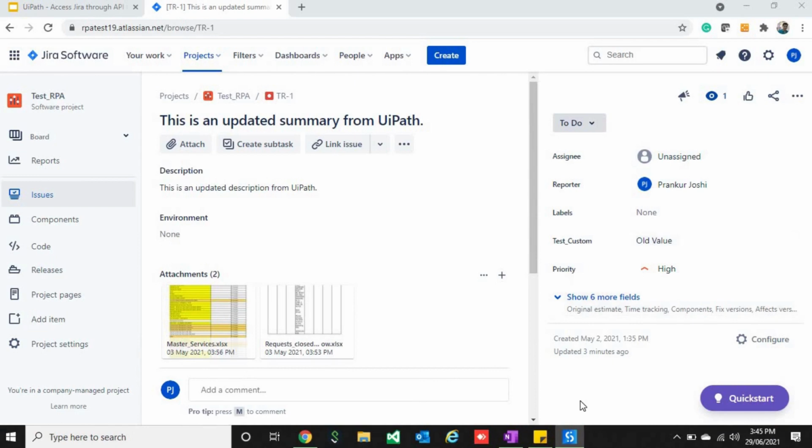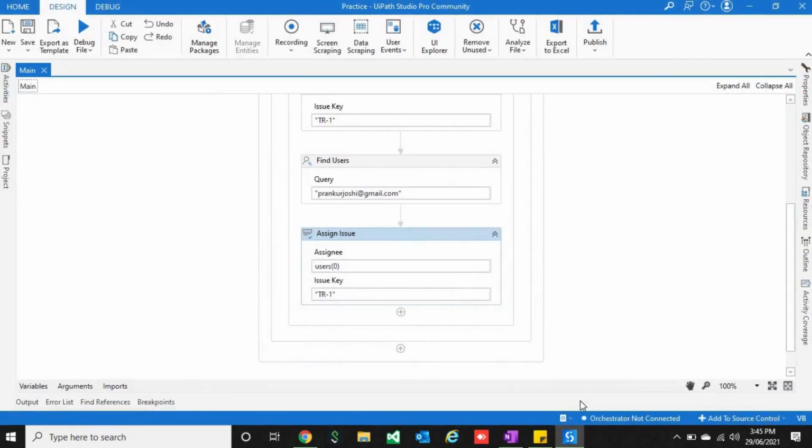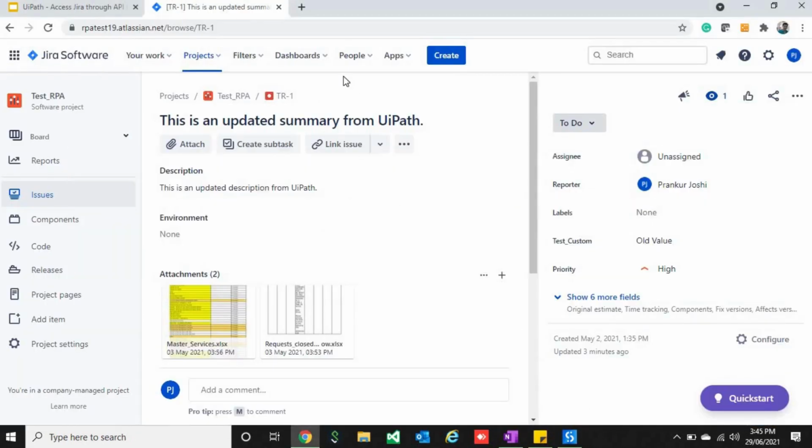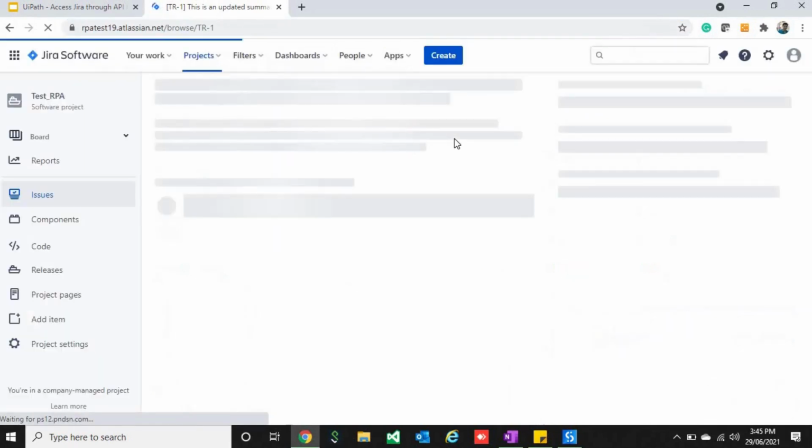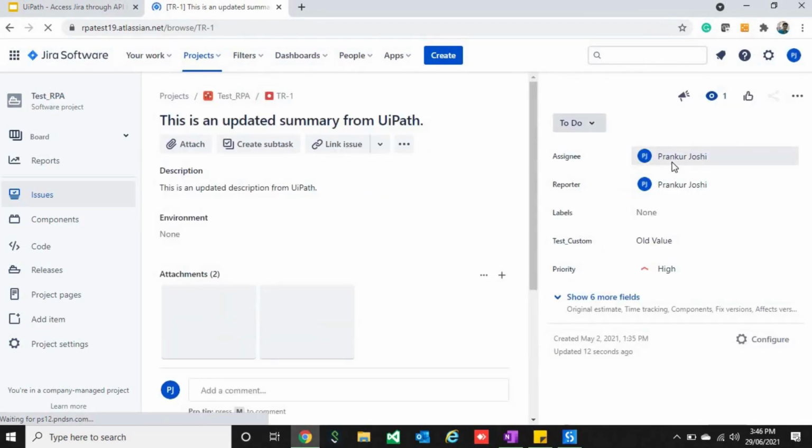It hasn't started yet. It is taking a lot more time, so it is completed. Now we'll go to the ticket and refresh the page. So you can see that it has assigned the ticket to that user.